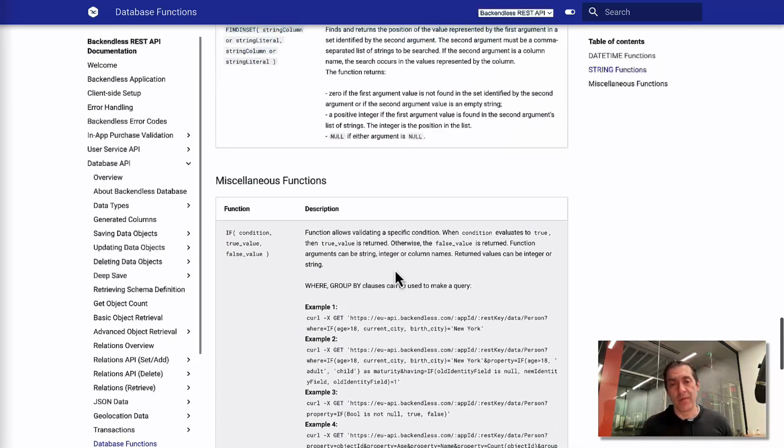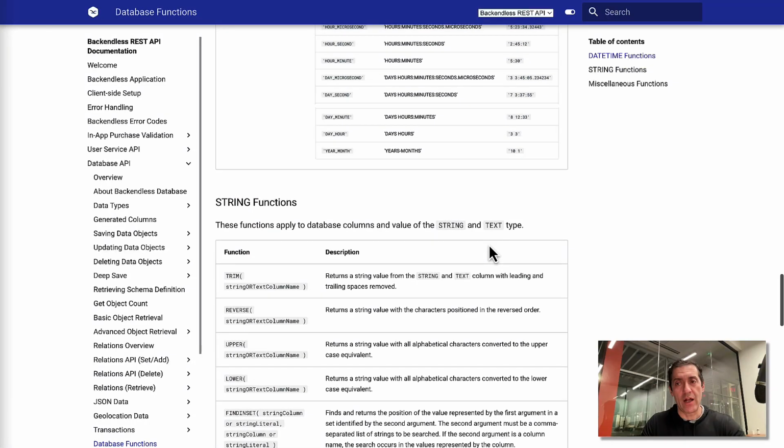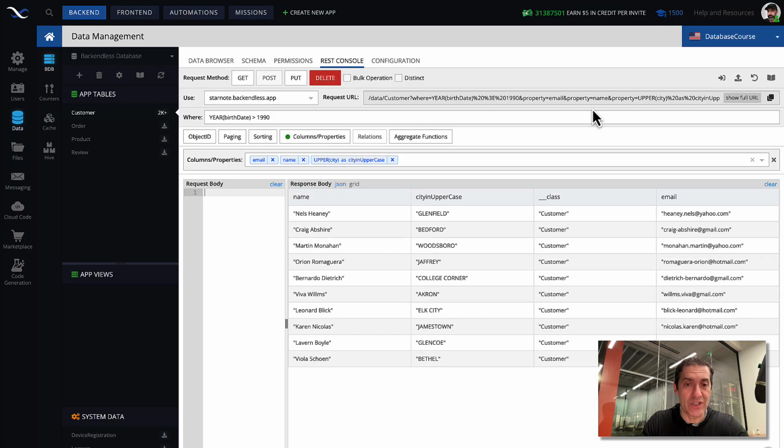So I recommend visiting this page and reading about the functions so you get a better idea of what they are, and I don't think it makes sense spending time in this video going over every single function, because the documentation provides a lot of information that I would just be repeating. Now, I'll go back to the Backendless console just to demonstrate some other uses of functions